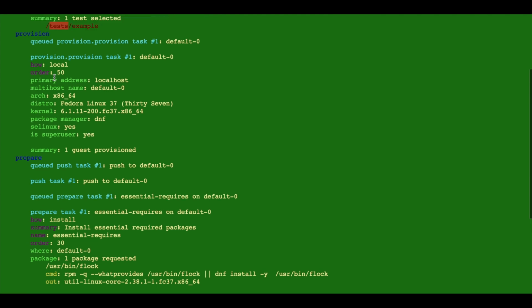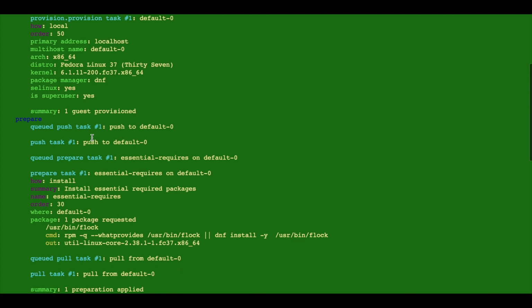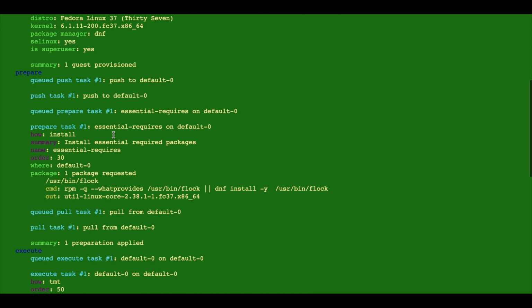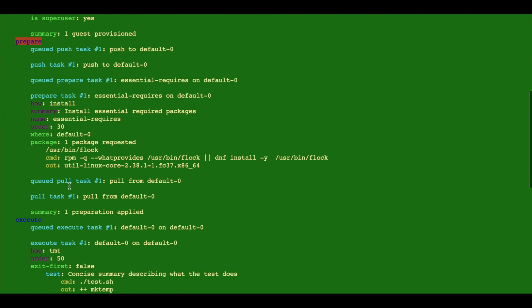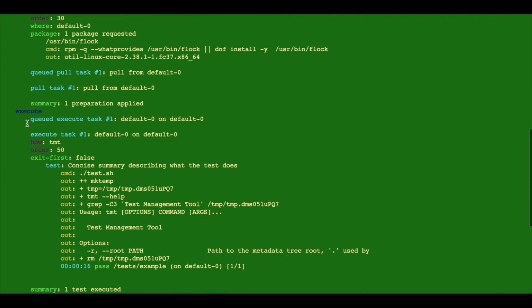Then it is provisioning the system, that is my local system, so the distribution is Fedora Linux 37, the package manager is DNF, I'm using Linux and I'm a super user. And that's the kernel version I'm using. Then the system is running the prepare step, where essentially it is running some default commands from TMT, but no additional step that I requested, and then it is running the execute step,